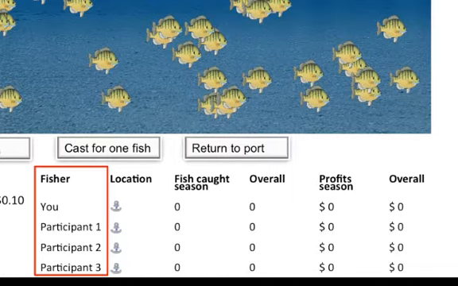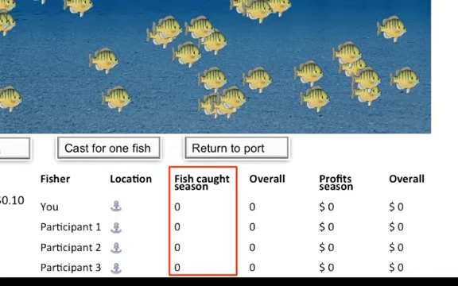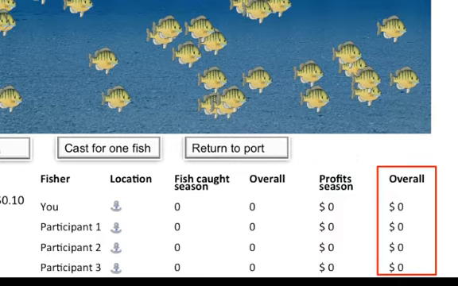The first column is the identity of the fishers. The second column is the fisher's location. As you can see, everyone is currently in port. This is indicated by an anchor symbol. The third column is the number of fish caught in the current season. In the fourth column, the computer keeps track of the total number of fish caught across all seasons. The next column is the profit earned in the current season, and the final column is the total profit accumulated